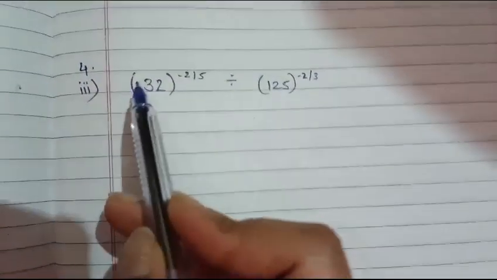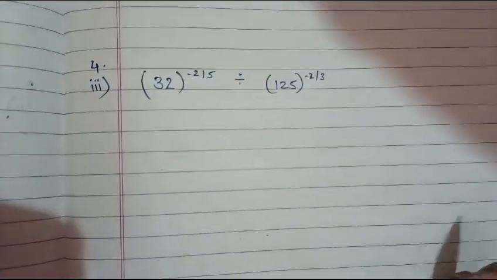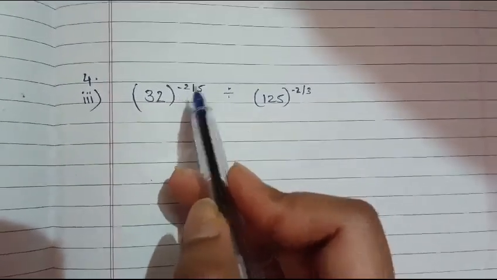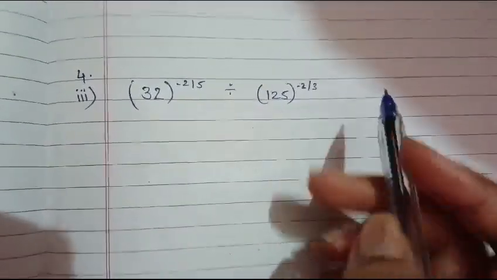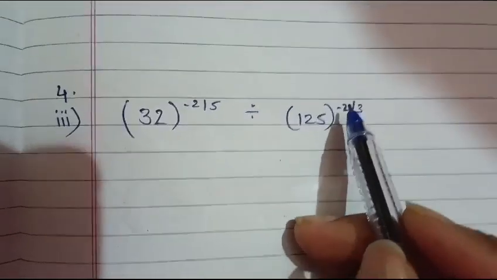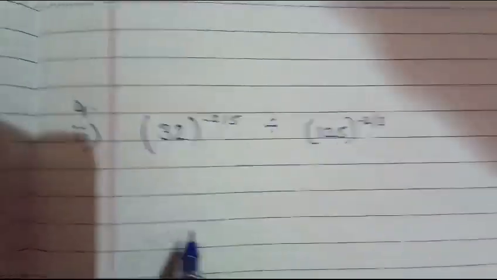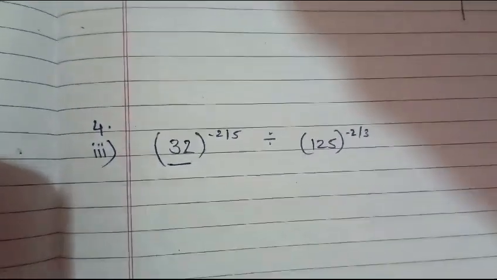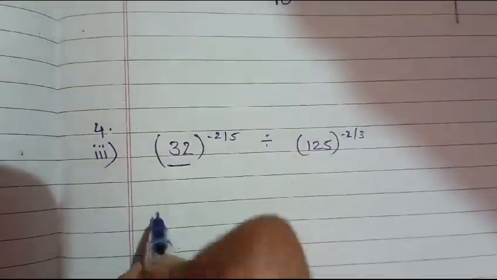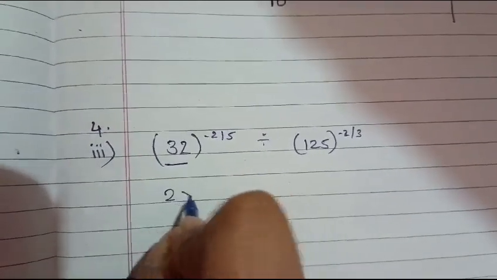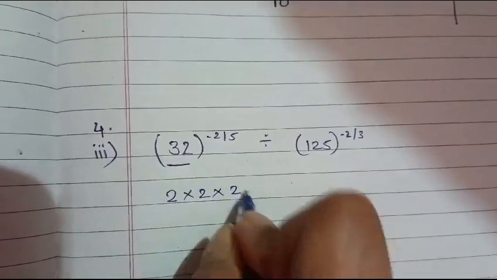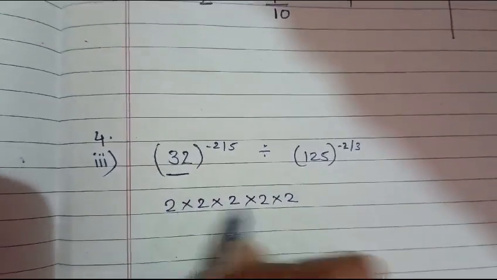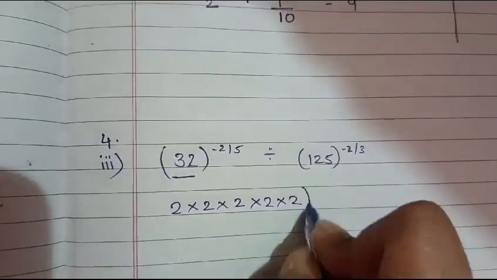Okay, now let us see question number 4, subpart 3. This is 32 raised to the power minus 2 by 5 divided by 125 raised to the power minus 2 by 3. So first of all, we are going to break 32 by factorizing it. I'm doing prime factorization of 32. I'm going to get 2 into 2 into 2 into 2 into 2. That means 2, how many times? 5 times, raised to the power